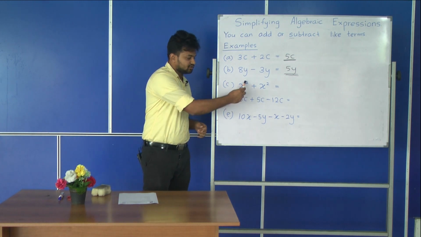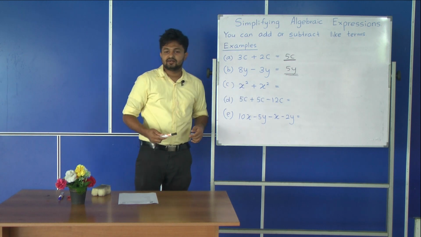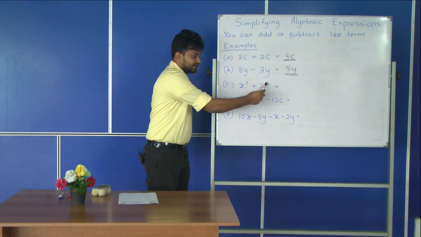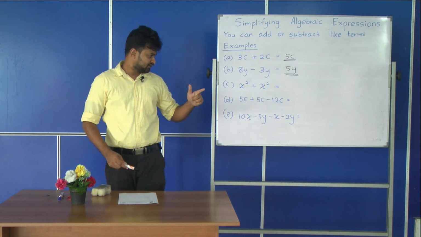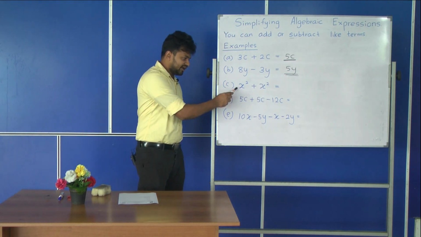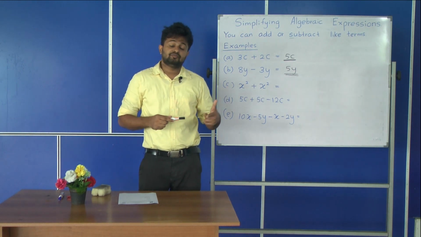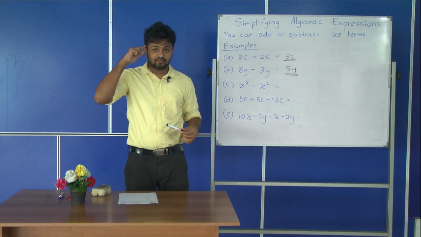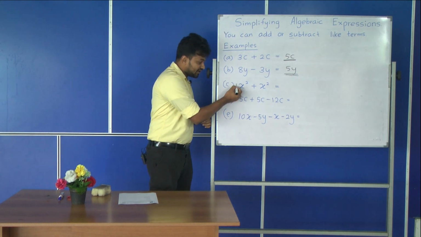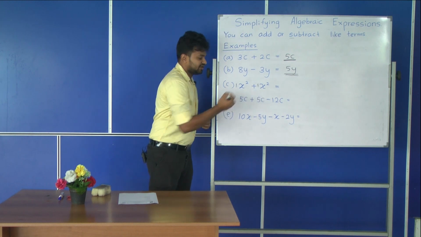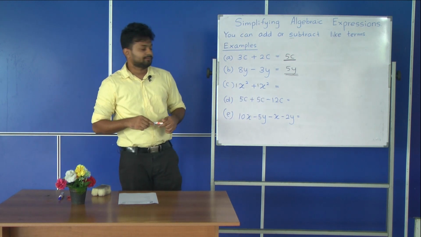And look at the third one. You have x to the power 2, or in other words, we say x squared. x squared plus another x squared. So what's missing here? You don't have a number in front of that term. When you don't have a number, previously we discussed, you can imagine that you have number 1 there. No need to write it actually, you can just imagine. If you want, you can write it down, no problem.